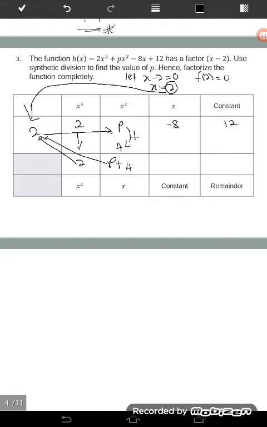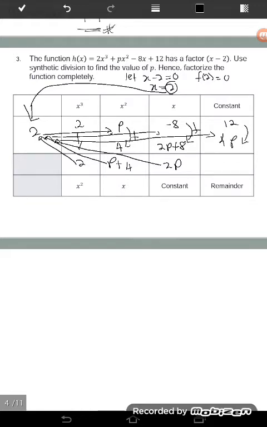And then p times by 2, which is 2p, and 2 times by 4, positive 8, and then plus negative 8, so negative 8 plus 8 becomes 0, so the balance here is 2p, and then times with 2 and put at the end, so 2p times by 2 which is 4p, 12 plus 4p.